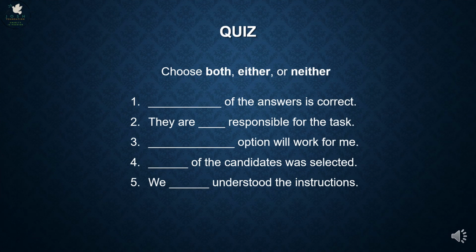Let's do the quiz. Choose both, either, or neither. Dash dash of the answers is correct. They are dash dash responsible for the task. Dash dash option will work for me. Dash dash of the candidates was selected. We dash dash understood the